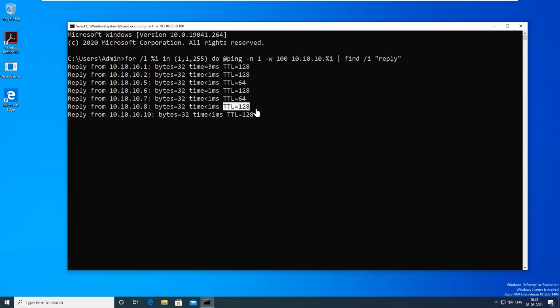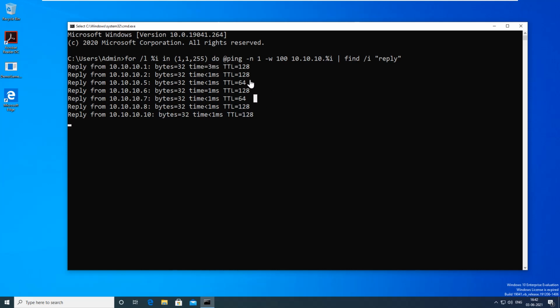Any machine which has a TTL value of 128 is a Windows-based machine. And if there is a TTL value of 255, that might be a Mac operating system or Cisco-based devices like routers. So with the ping command itself, we are getting some fruitful information.